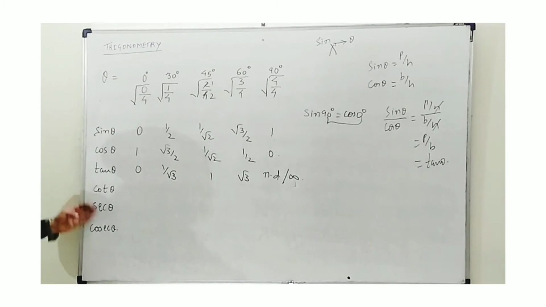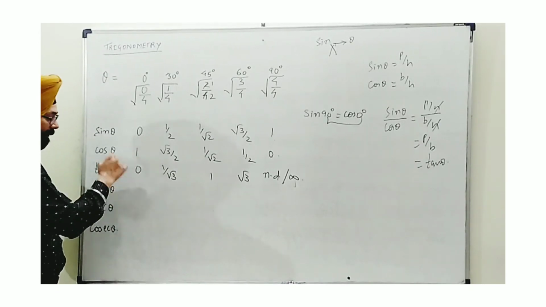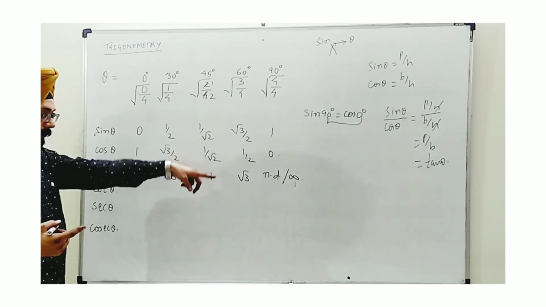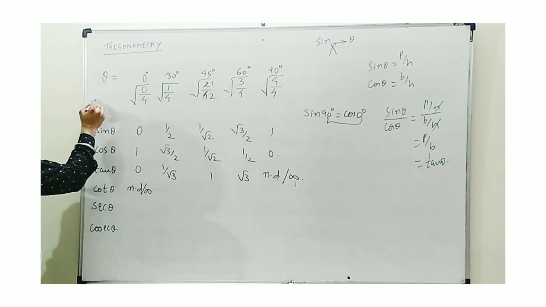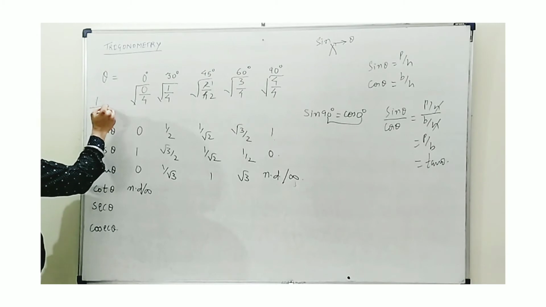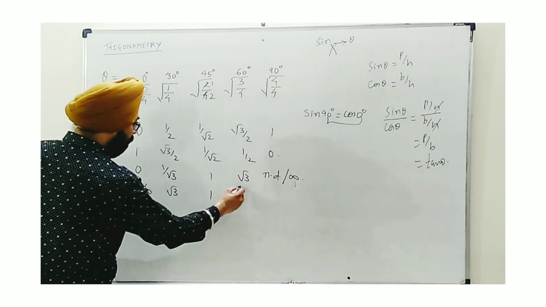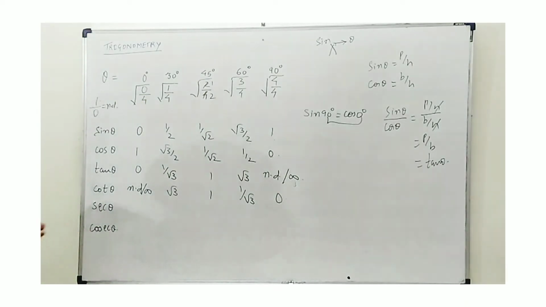The remaining 3 functions, as we know, are reciprocals. So for each we can take the reciprocals of the corresponding values. Cot theta is obtained as the reciprocal of tan theta, so cot 0 is the reciprocal of tan 0. Now let me tell you, whenever we take the reciprocal of 0, that is 1 upon 0, this will always be not defined or infinity. In the table, the reciprocal of 1 by root 3 is root 3, and the reciprocal of infinity will obviously be 0.